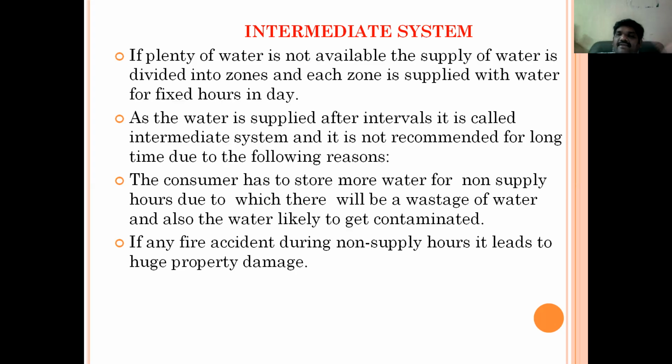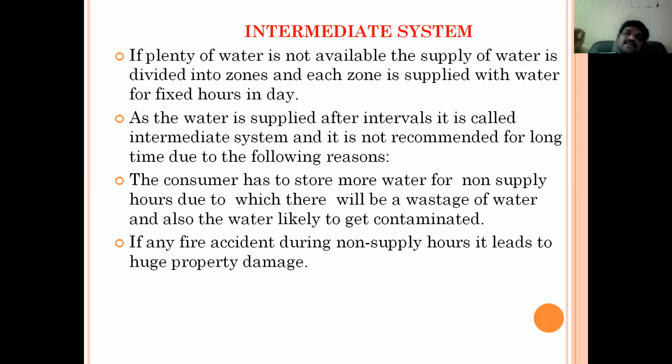The entire area will be divided into zones, and each zone at fixed timings will be supplied water. This is what you and I observe nowadays in almost all metropolitan cities. There is acute water scarcity. That's why in one particular town, on so and so dates, or at so and so timings, water is available. Likewise, as the water is supplied at intervals, it is called the intermittent system,